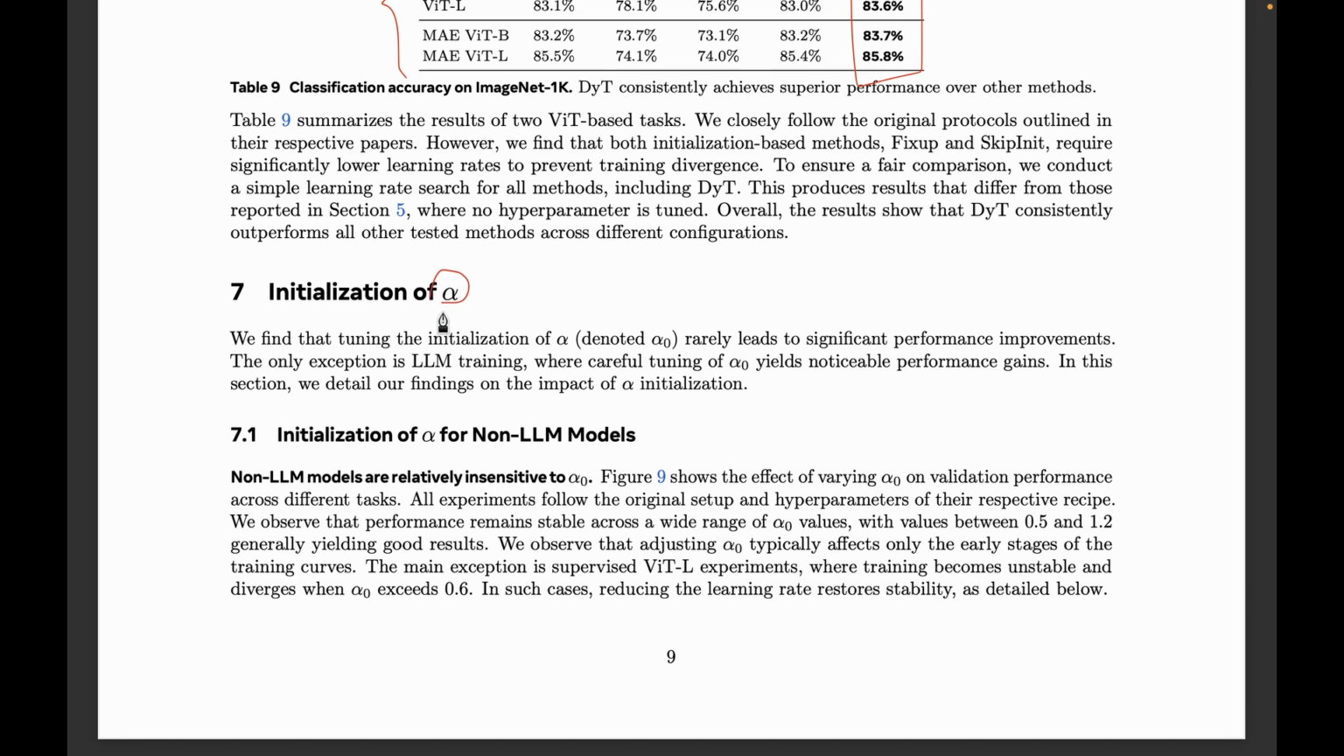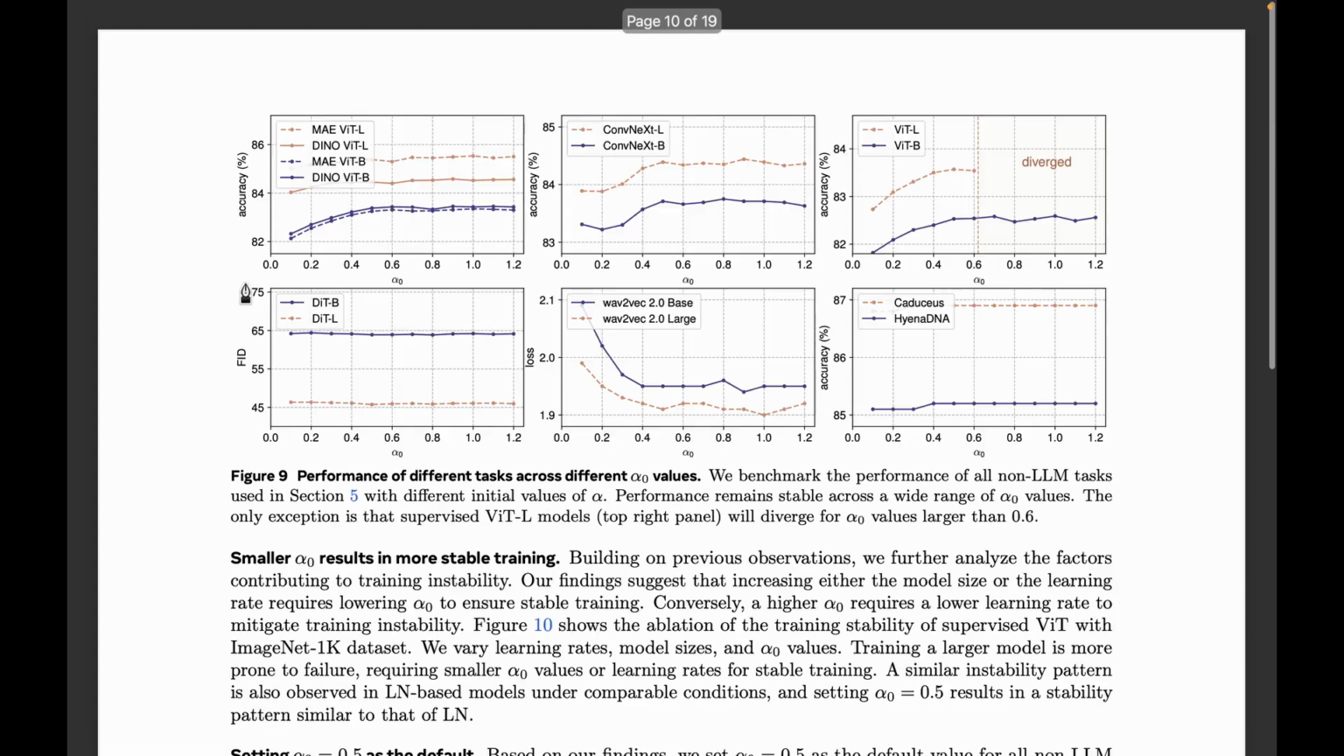Next comes the initialization of alpha. As alpha is a trainable parameter, we need to initialize it to some value. They have shown in this plot that the initialization really doesn't matter. If we use different initializations for alpha, the performance does not vary that much. For example, we can see a flat curve here, a flat curve here, and similarly for the other ones. There is only a slight variation for any value of alpha that we choose. The only exception is the vision transformer large, where an initial value larger than 0.6 seems to